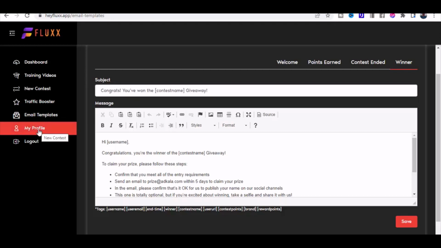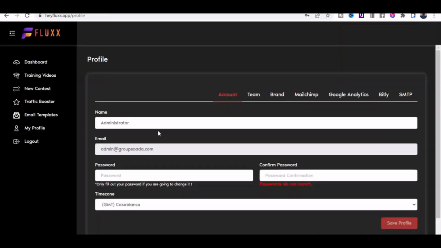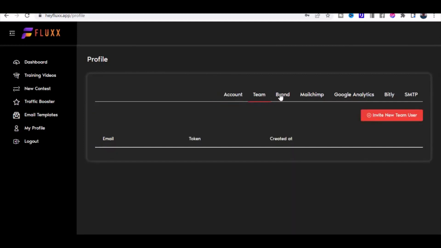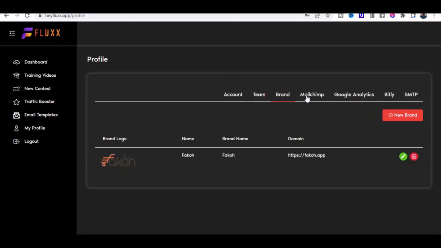And going back to my profile, so you can see here that it's pretty straightforward. Their email, password, time zones, can generate a team for yourself, brand, which we've been through before, MailChimp, Google Analytics to check on the traffic stats, Bitly, so we can integrate it with Bitly to generate the links,